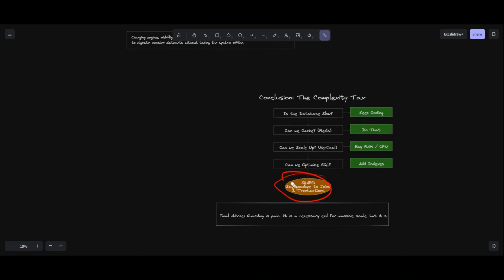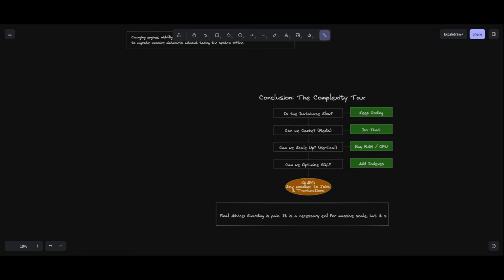So that's it for video 7. We have officially broken the single machine. We have distributed our truth across a cluster. We've learned about the limits of vertical scaling, range sharding versus hash sharding, consistent hashing, and zero downtime migrations. But we've opened a Pandora's box. Now that our data is on different machines, connected by unreliable network cables, what happens when the network fails? If Shard 1 cannot talk to Shard 2, is the system down, or can we keep writing? If we keep writing, are we creating conflicts?